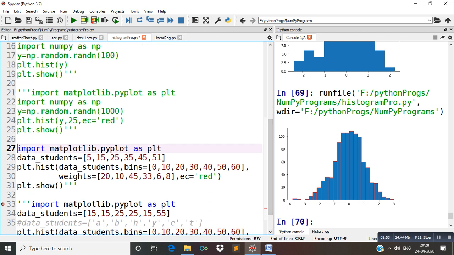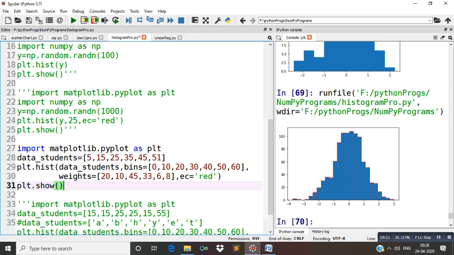Here data students is a variable in which we are representing some data for students, that is 5, 15, 25, 35, 45, 51. And in plt.hist we pass data students, it means the data values for students, and then comma bins is equal to 0 comma 10. Here 0 comma 10 means 0 to 10 is one interval.